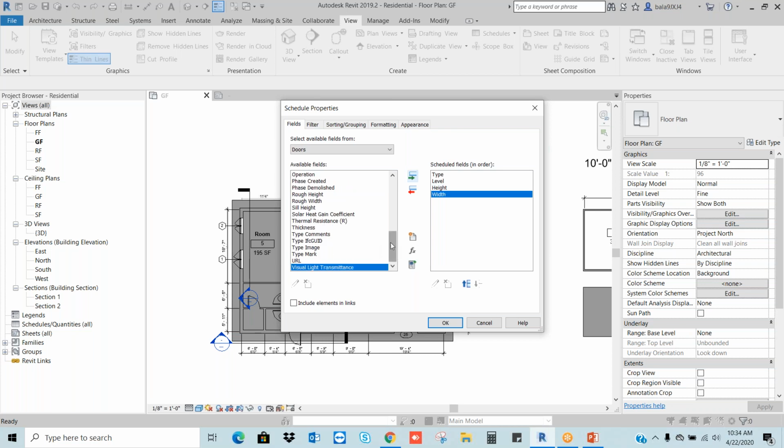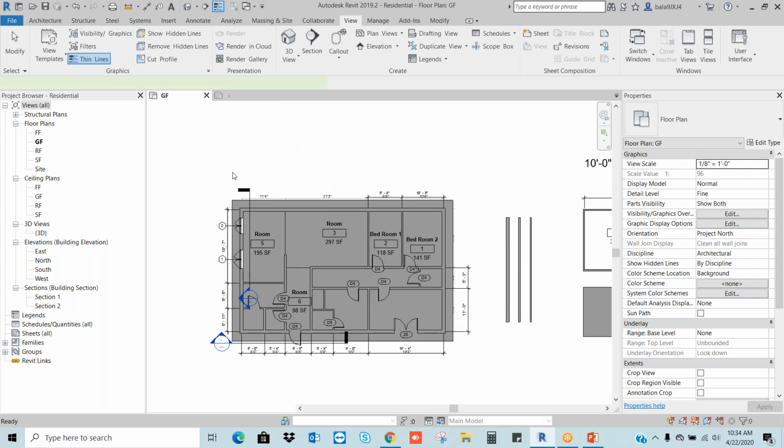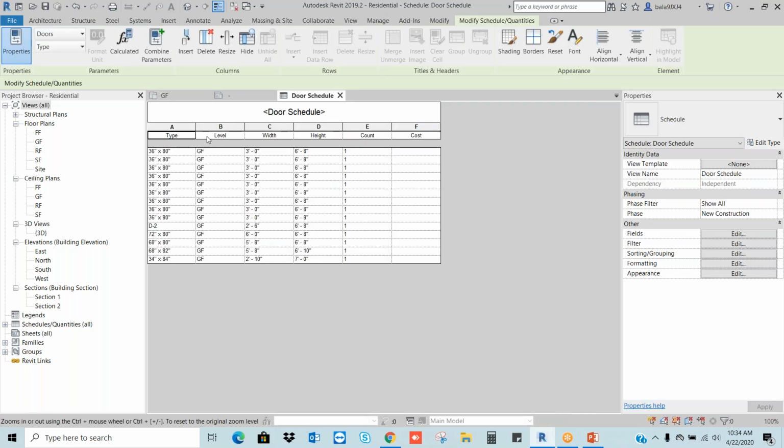And count. Let's say I'm going to give the cost also. I can arrange these in order. Let's say type, and after type I will get the level. Before width, before height, I want width, count, and cost. If I make OK, I will get one tabular format here.